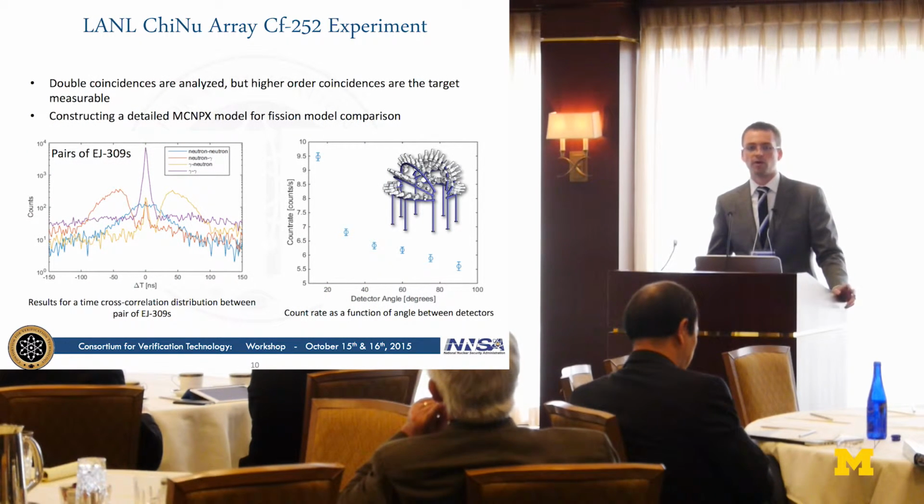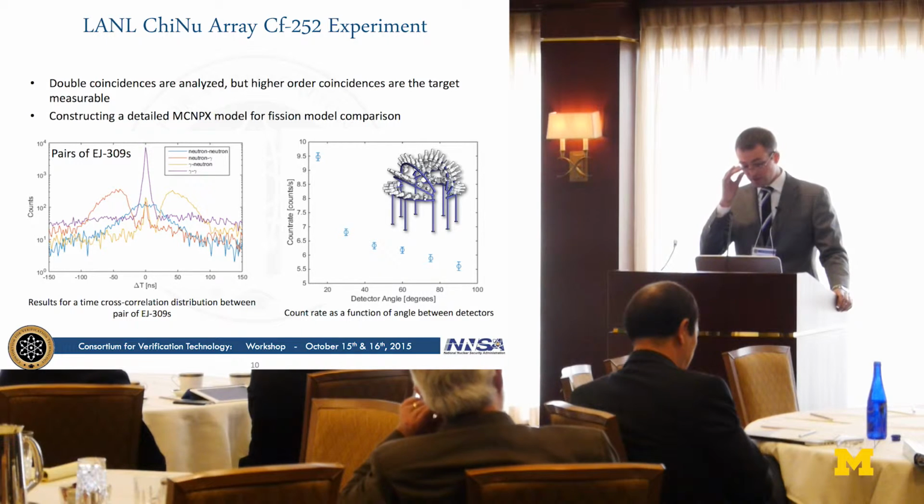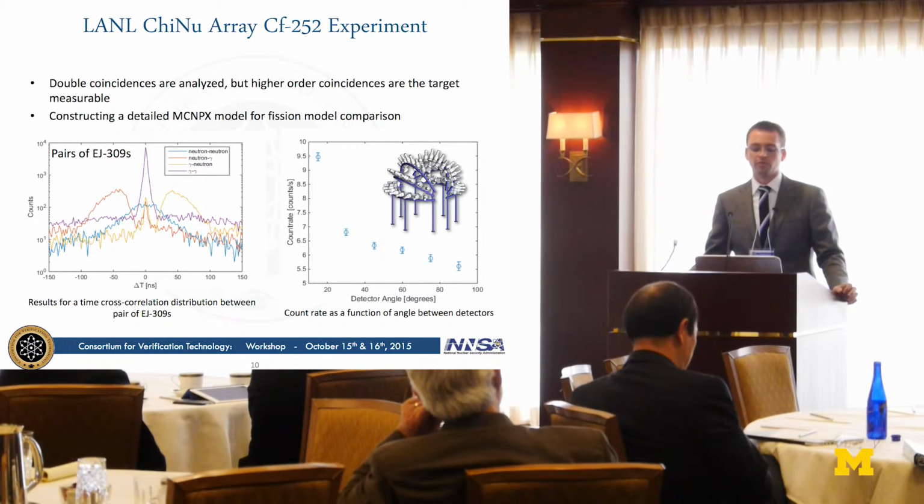To date, only a small fraction of this data has been analyzed. We've looked at double coincidences, but ultimately higher order coincidences are the target measurable. So here you can see off to the left another time cross-correlation distribution of pairs of EJ309s, and on the right we see a key correlation in which the number of neutron-neutron coincidences vary as a function of the detector angle,